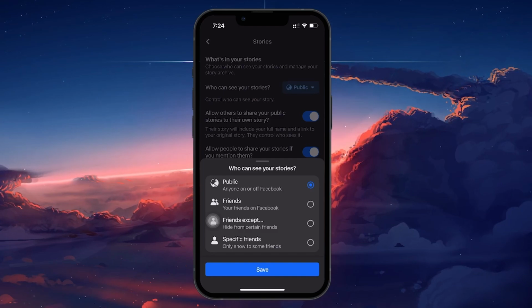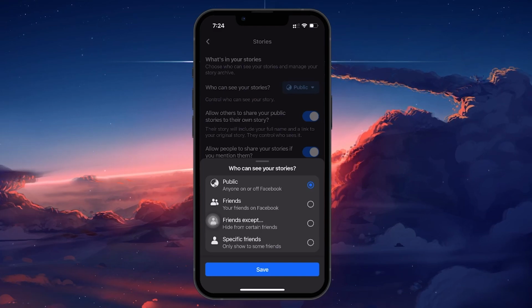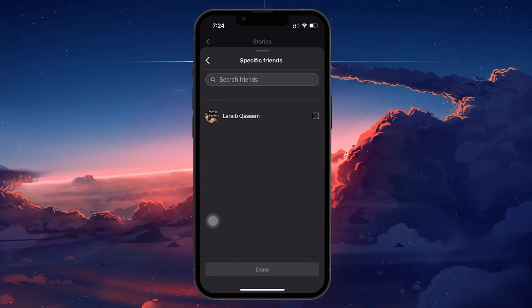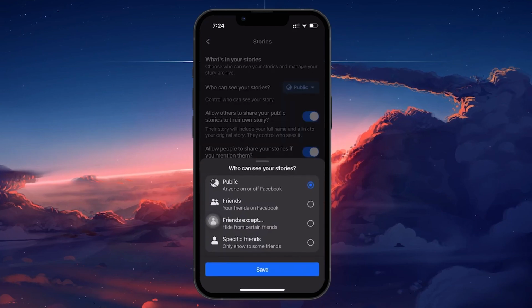and videos. If you desire to restrict the audience of your featured content, you can set this option to Friends, Friends Except, or Specific Friends. Choosing Specific Friends allows you to select specific people who can or cannot see your featured content. This method is an effective way to ensure that only the people you're comfortable with can view your featured photos